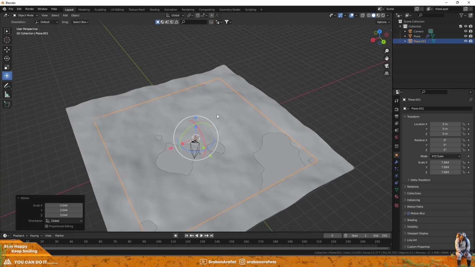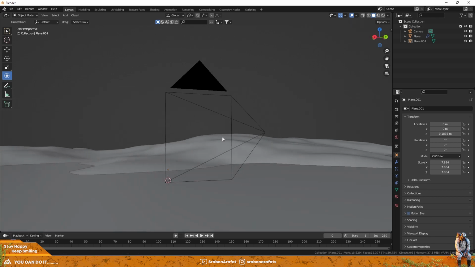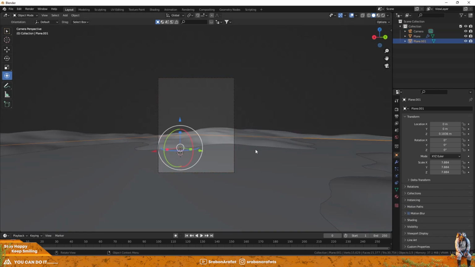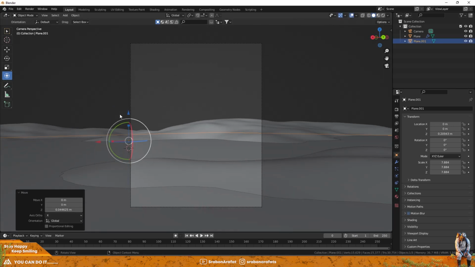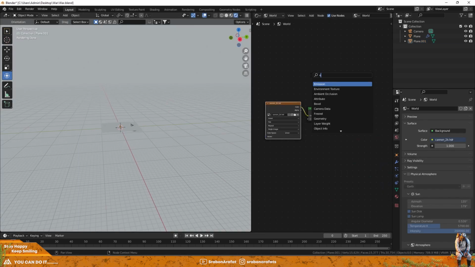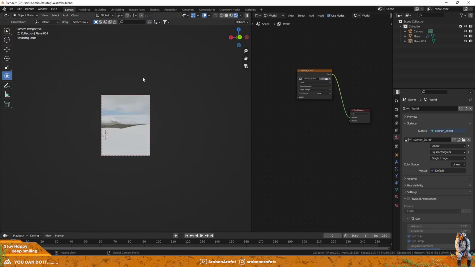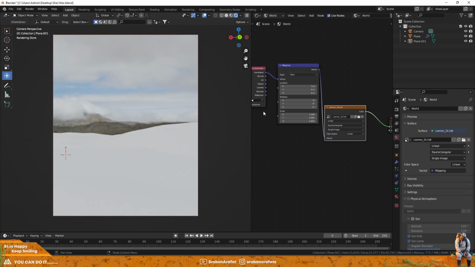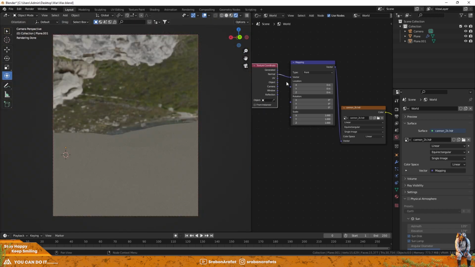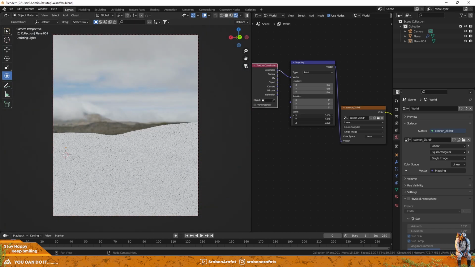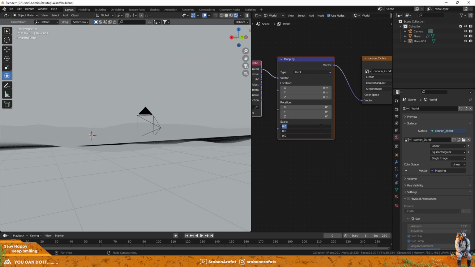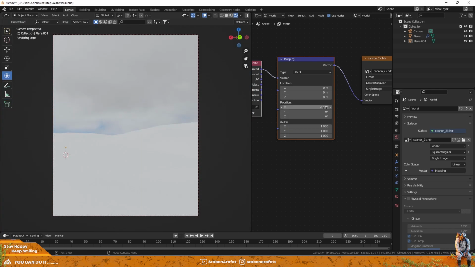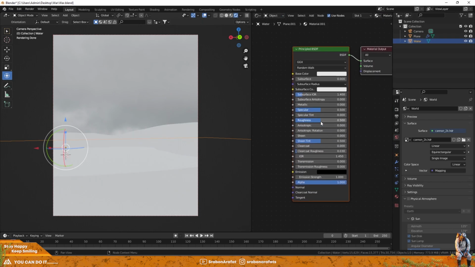Next, I added another plane for the ground water, and used an HDRI to match the lighting. I applied a water shader to the water plane.